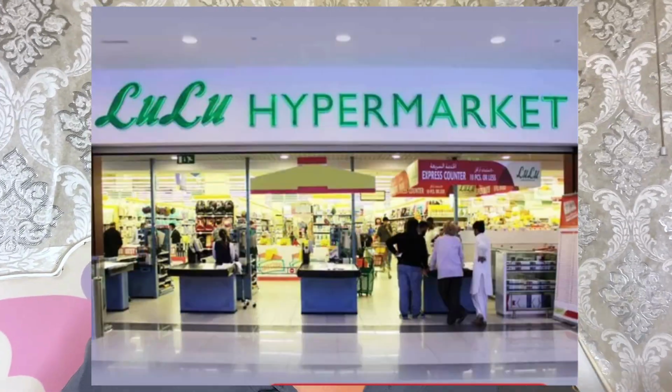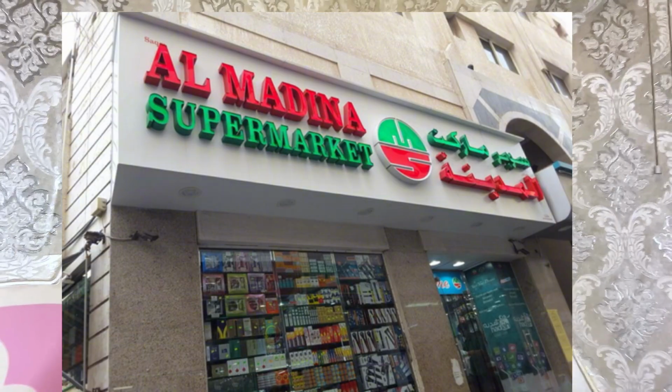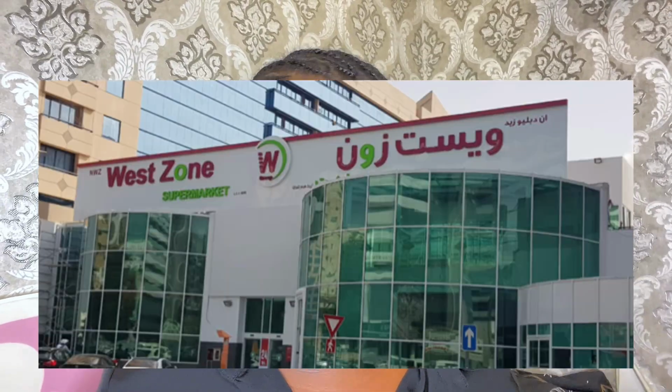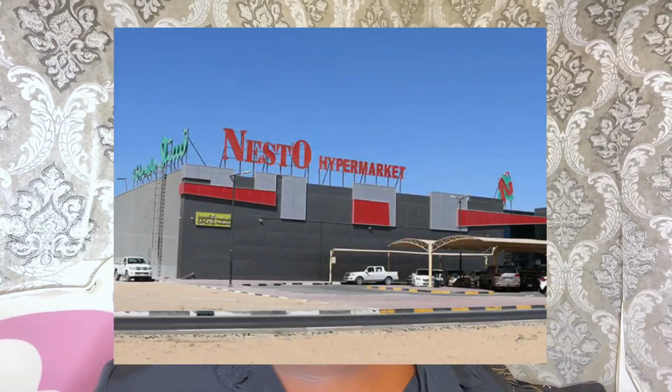Places that I mostly shop are Lulu, Viva, Al Madina, Amber. I don't know if all these places are available in Dubai. I don't know if it's really like that, but here in Sharjah, we have West Zone, Day to Day, Esto. All these places are very affordable when it comes to groceries, toiletries, and day-to-day things, like things you need